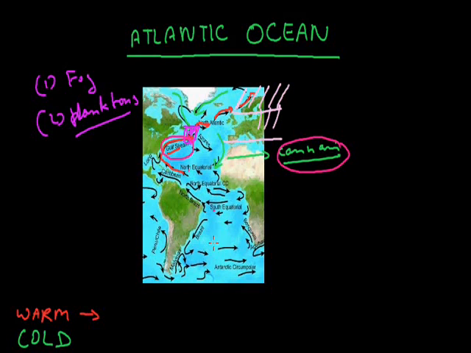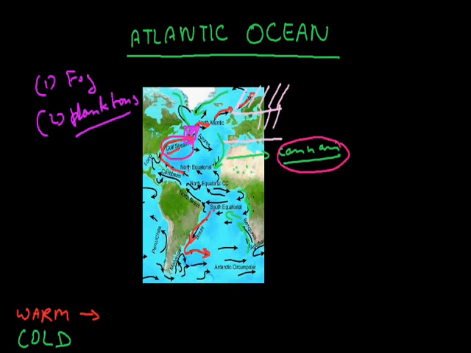Now let us come towards the southern hemisphere, that is the South Atlantic Ocean. Here first of all the warm current that comes from the equator is the Brazil current. This is the Brazilian current. Now this Brazilian current becomes cold here and is known as the Benguela current. The Benguela cold current keeps this area of Africa cold, though this area is near the Sahara Desert and equator. Even then the temperature of the coastal area does not become very high during the summer season, just because of the Benguela cold current.